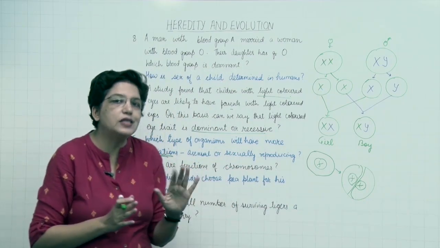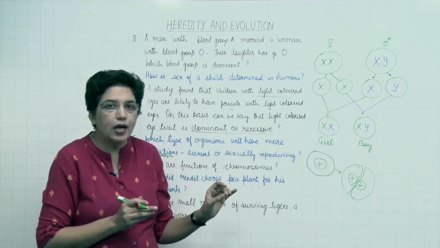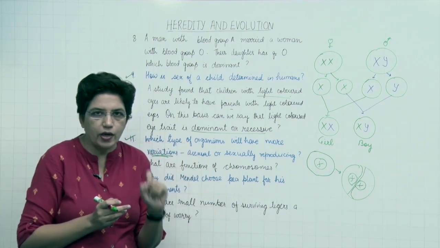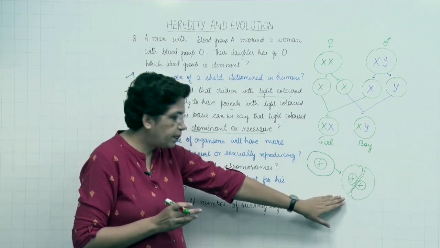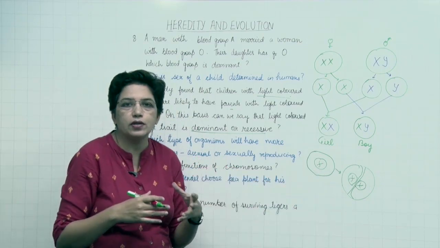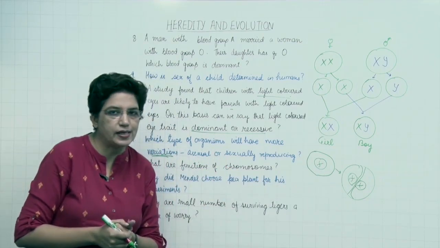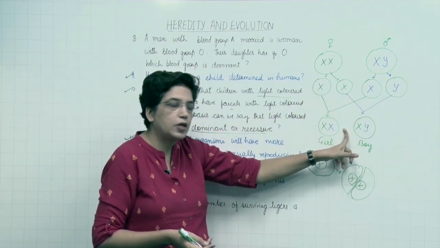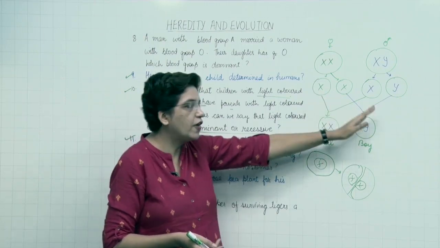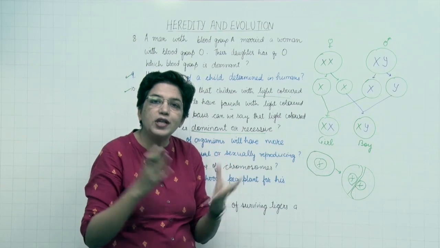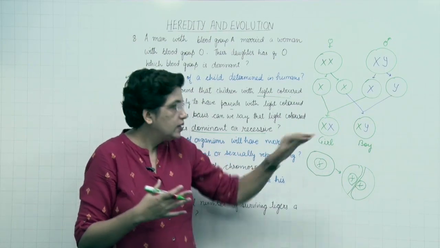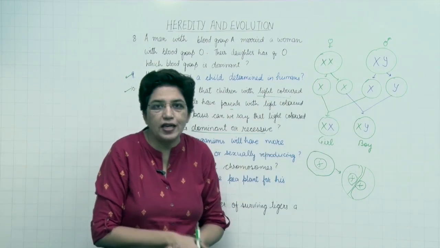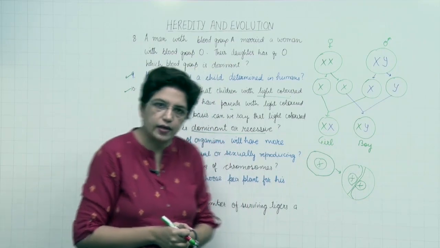In this case, the chances of variation are very, very low, because only during DNA copying some variation can occur. Otherwise, more or less, the daughter cells are exact copies of the parent cell. But in case of sexual reproduction, there is a new combination formed. Half chromosomes from the male and half from the female fuse together to form a new combination. So that is why these new offsprings are not exact copies of their parents, and there are more chances of variation in sexually reproducing organisms.